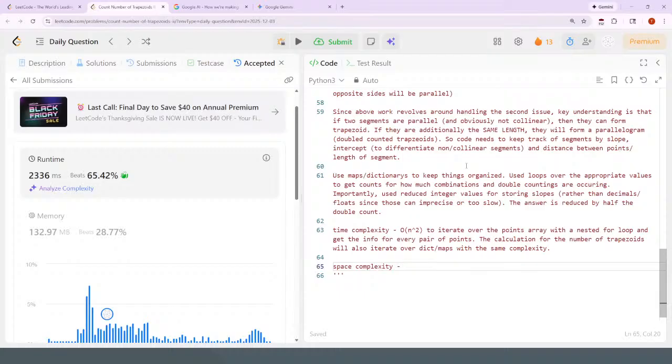Space complexity, this can be O, I think it's O of n squared as well, as every possible combination is probably somehow referenced in the dictionaries and maps used. Okay,